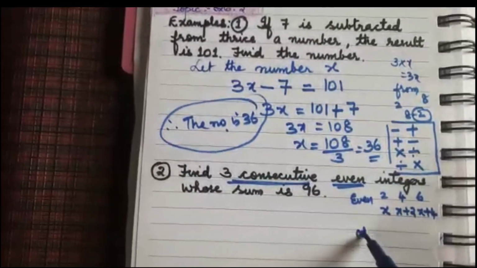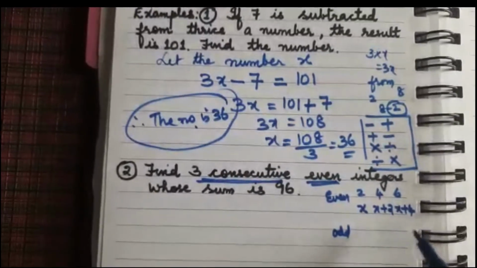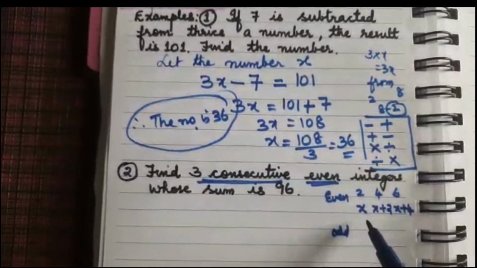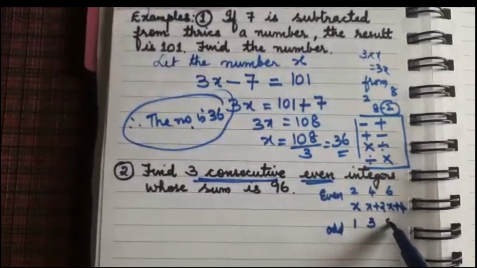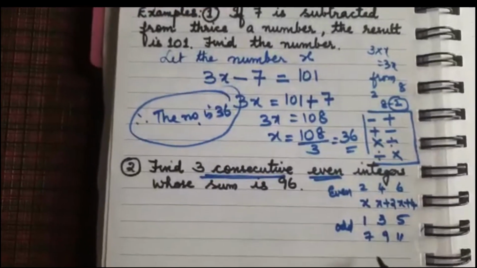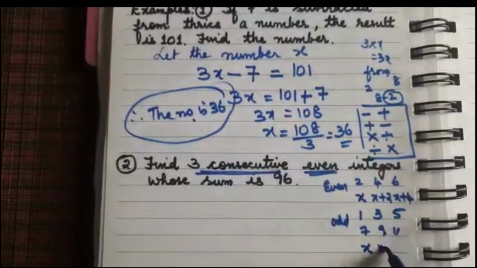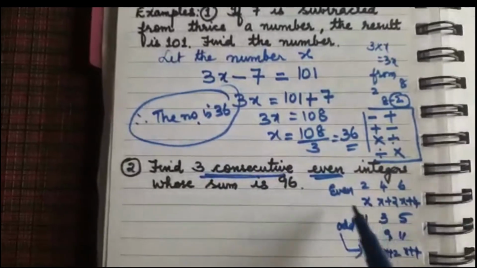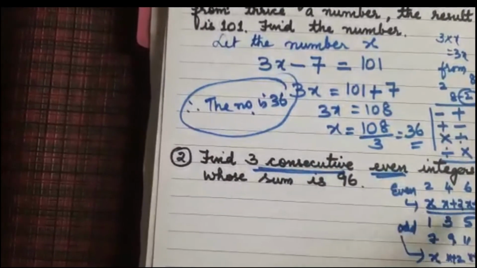In the case of odd numbers, students make the mistake of putting x plus 1, x plus 3. That is not correct, because for both even and odd you take x as the first number, the next is x plus 2, then x plus 4. I will tell you: odd, 1 is odd, then 3, then 5. These are 3 consecutive odd numbers, or else you can take 7, 9, 11, any numbers. If I take the first one as x, 7 plus what is 9? 2, so next is x plus 2. 7 plus what is 11? x plus 4. So you understood, whether odd or even, you can take successive numbers as x, x plus 2 and x plus 4.